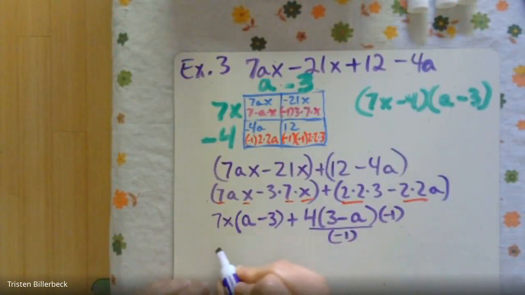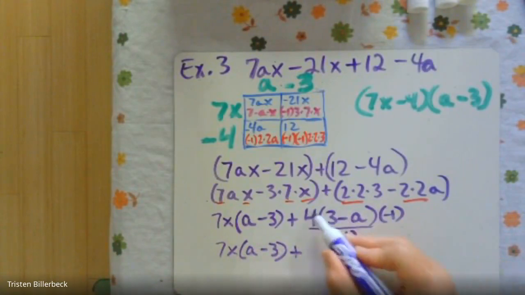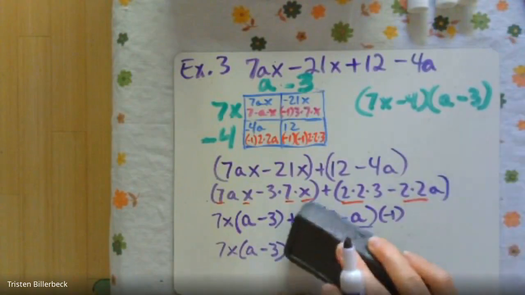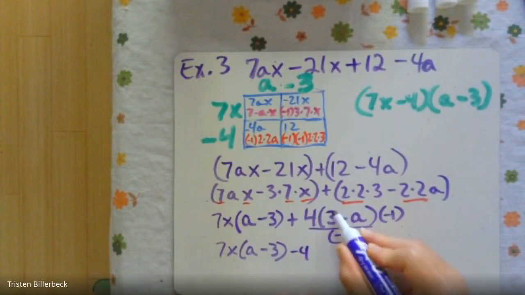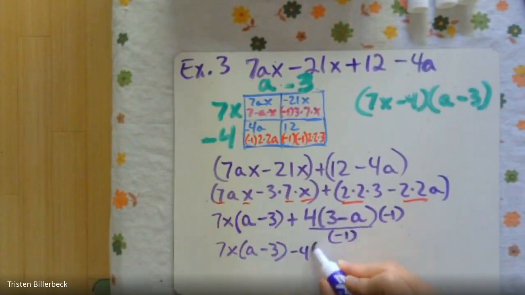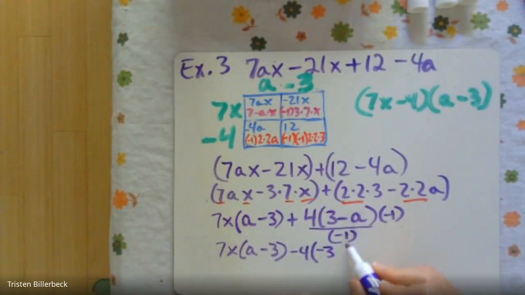So when we do that, we have 7x times a minus 3 plus, and then -1 times 4 is a -4, and 3 divided by -1 is -3,